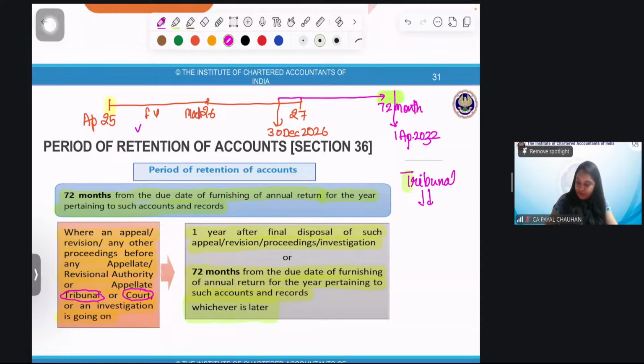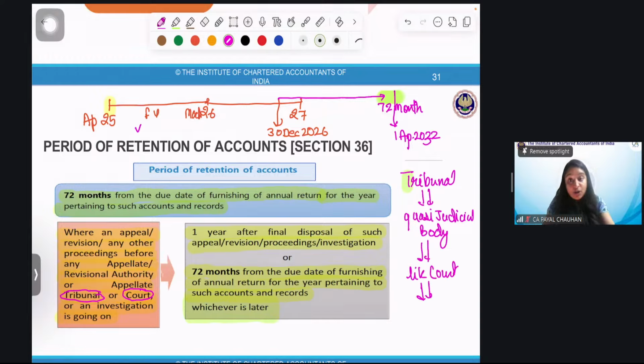I'll tell you. Judgment. Quasi, it's a quasi-judicial body. It's like, pass judgment. It is like court. It's not court. It's like court. Yes. Which pass judgment. But tribunals are made under a specific act,